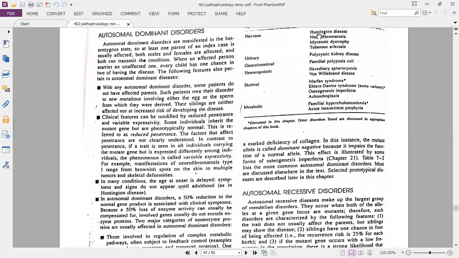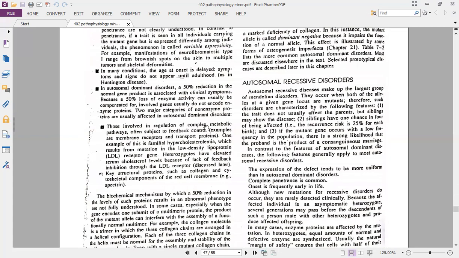Huntington disease is a disease where a person suffers from mental retardation and dies by the age of 30. This is an autosomal dominant disorder. A person will have a single dominant allele, and the person will have Huntington disease. If you are not having Huntington, it means that we are all homozygous recessive for Huntington disease. Otherwise, if we had a single allele of this disorder, since this is a dominant disorder, we would have suffered from this disease. So this is autosomal dominant.